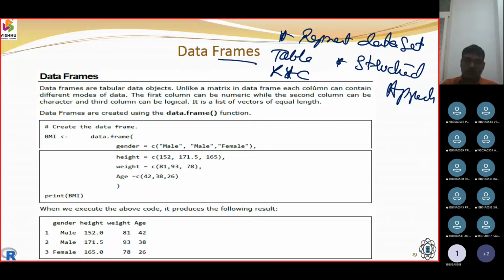So this is the basic intention of using data frames. All the objects are put into a tabular form, more or less like a matrix, and it can have multimodal data types.